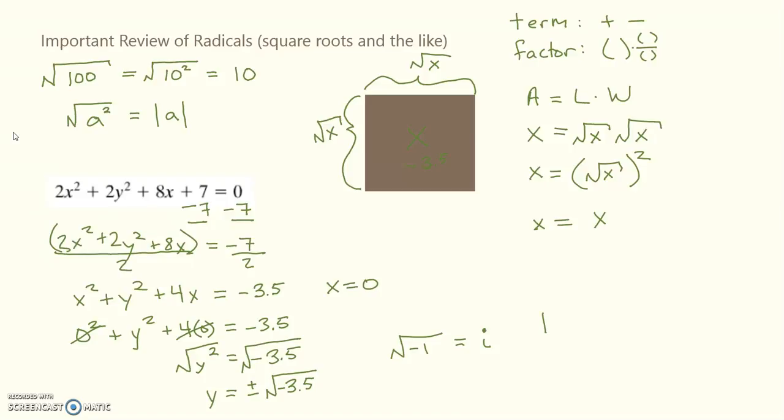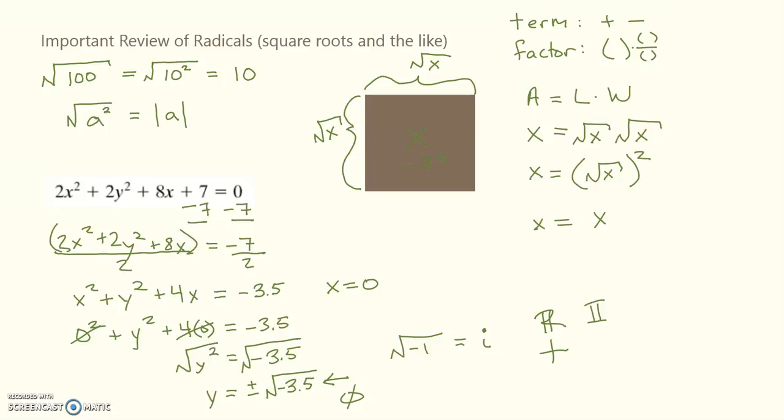So there are 2 major groups of numbers in the world. There are the reals and there are the imaginaries. And the real numbers are what we graph in. When we have anything with a square root of a negative that makes it imaginary, we can't graph it on a real number XY coordinate plane. It is an imaginary number. So we say that there is no answer here, that y, this is an imaginary number, so there is no real